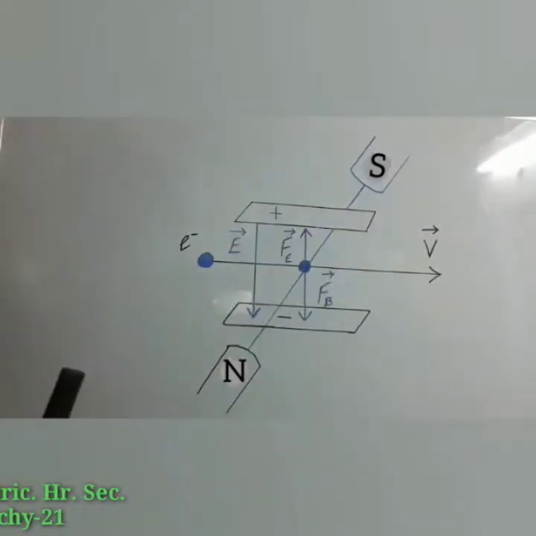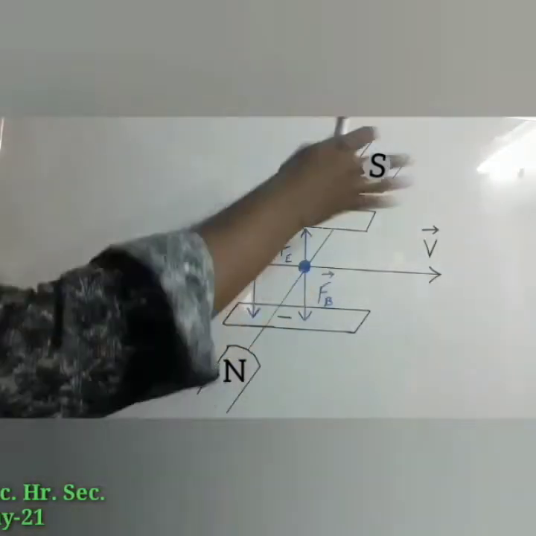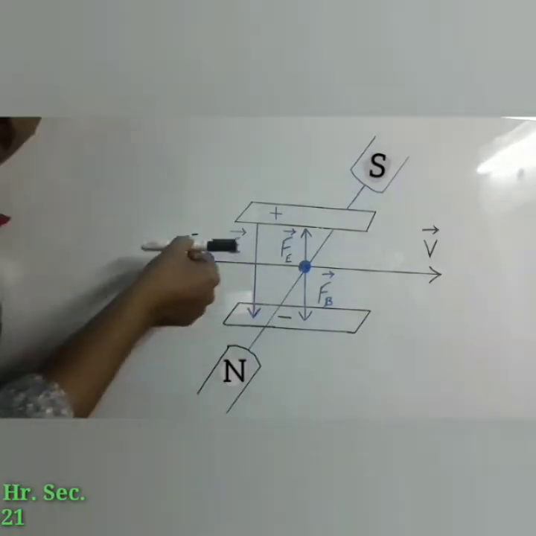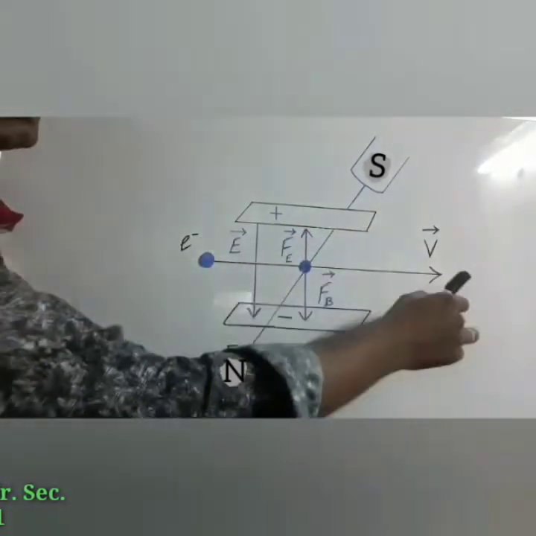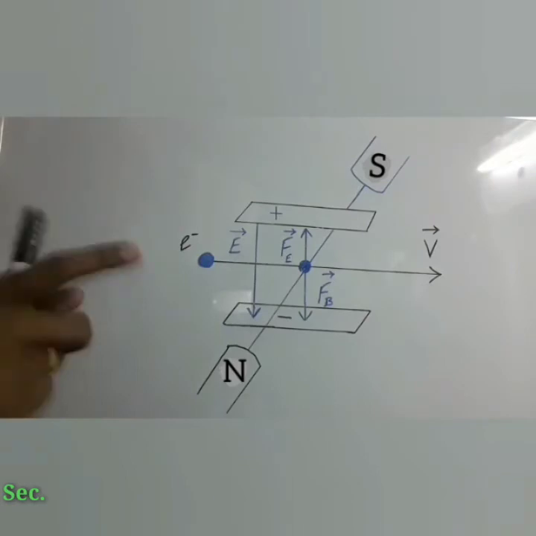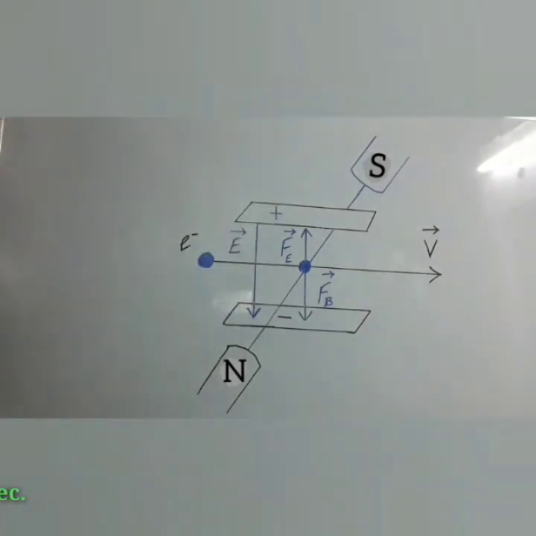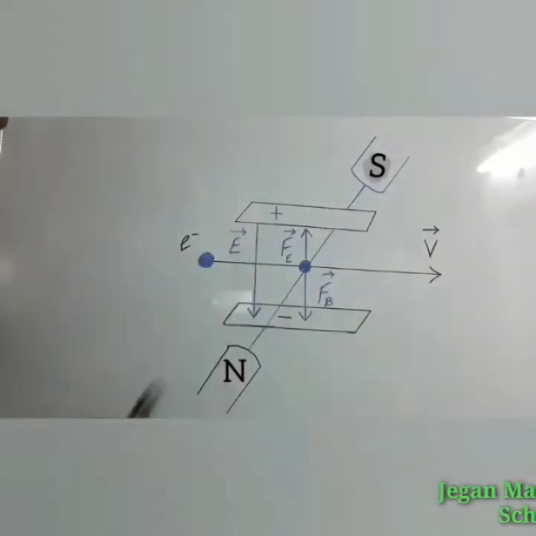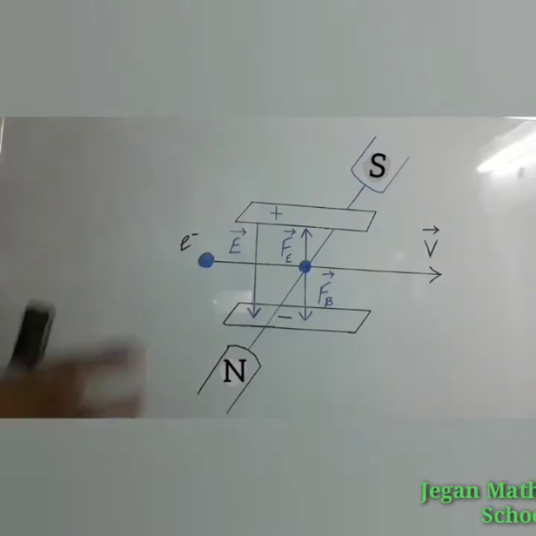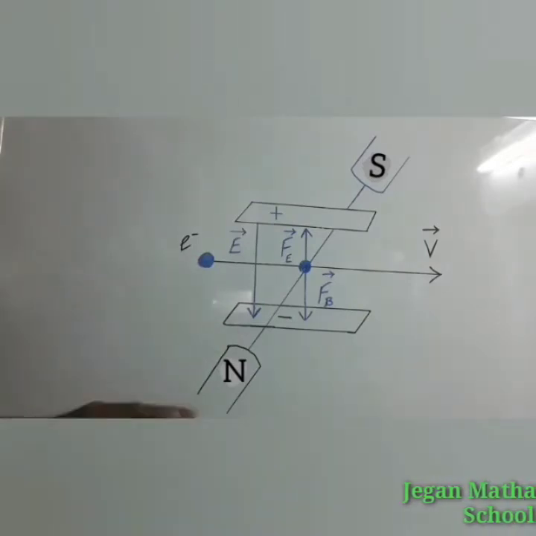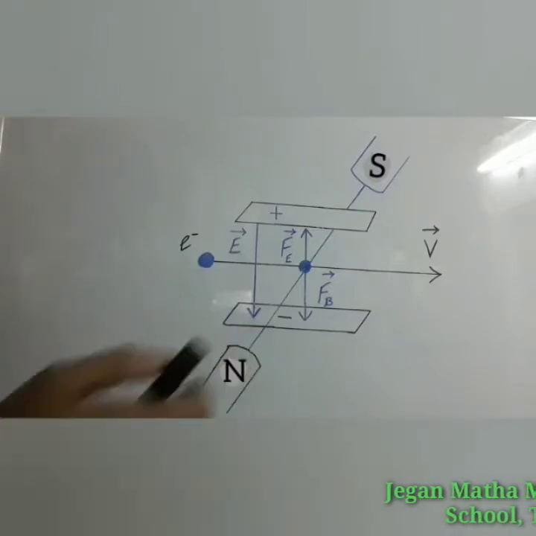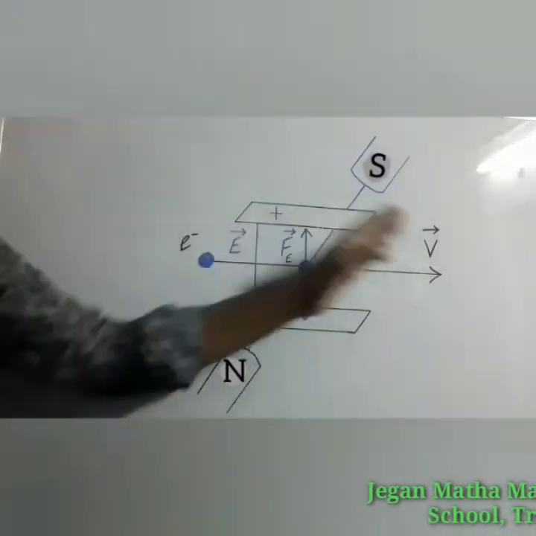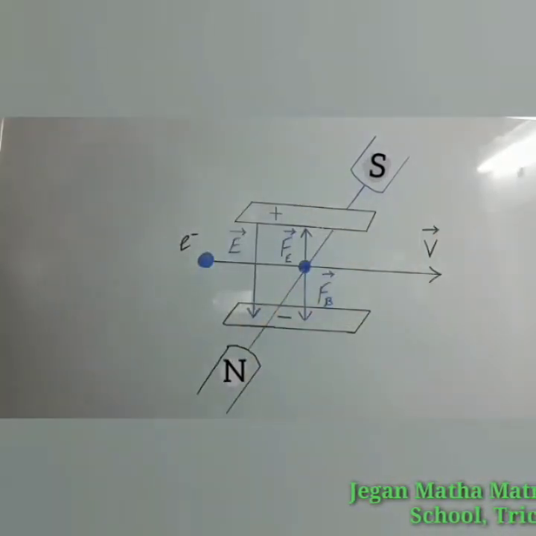Clearly you have to understand, if there is no electric field and no magnetic field, electrons travel in a straight line and strike the point O. Now there are 2 forces. We are adjusting the magnetic field and the electric field in order to make the electrons fall on the position O. That means the 2 forces are balanced. Even with 2 forces acting on the electrons, the electron falls on the initial position itself.